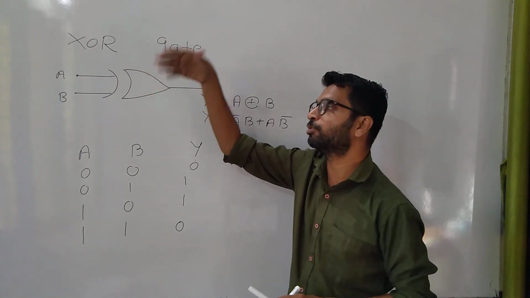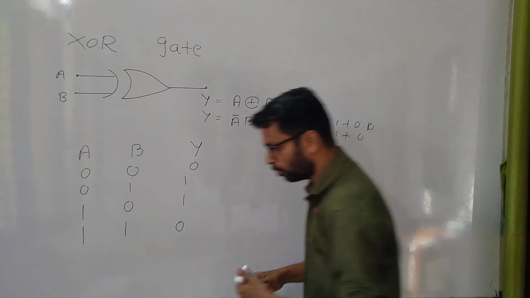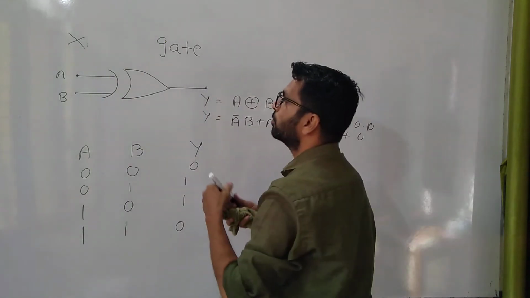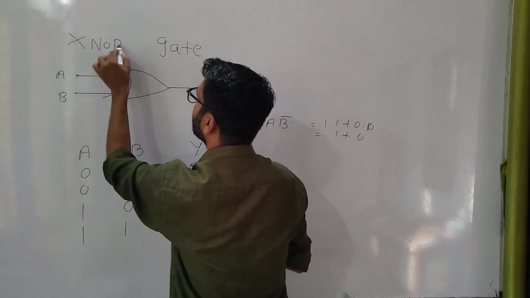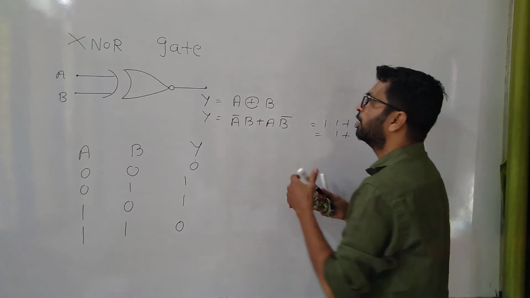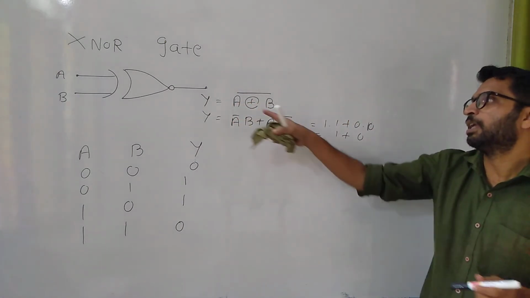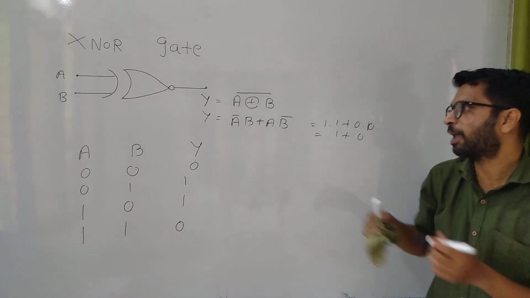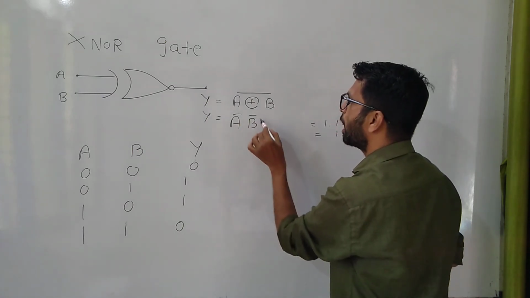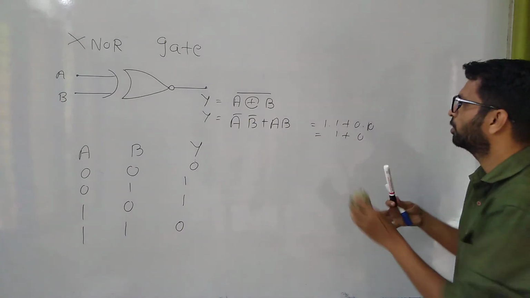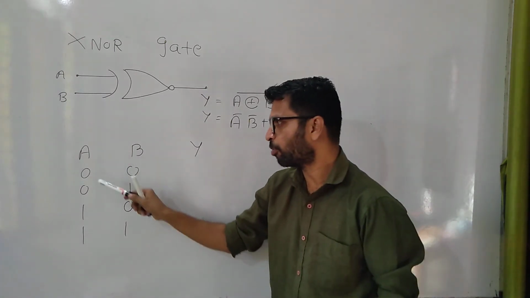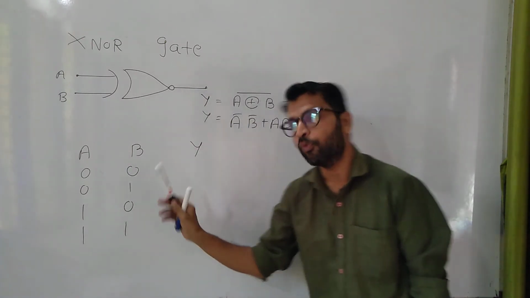So this is the exclusive OR gate. If we write down the exclusive NOR gate, that is the opposite of this gate. So for the exclusive NOR gate, we will draw a bubble here, and the Boolean equation is A plus, enclosed in a circle, B bar, and here it will be A bar B bar plus A B. So again there are four possibilities: 0 0, 0 1, 1 0 and 1 1.